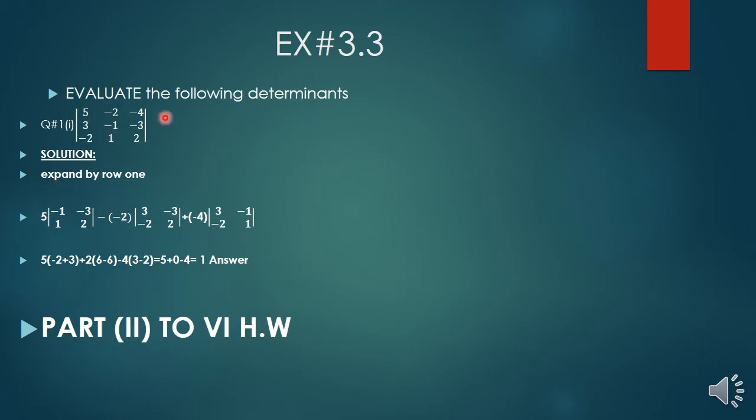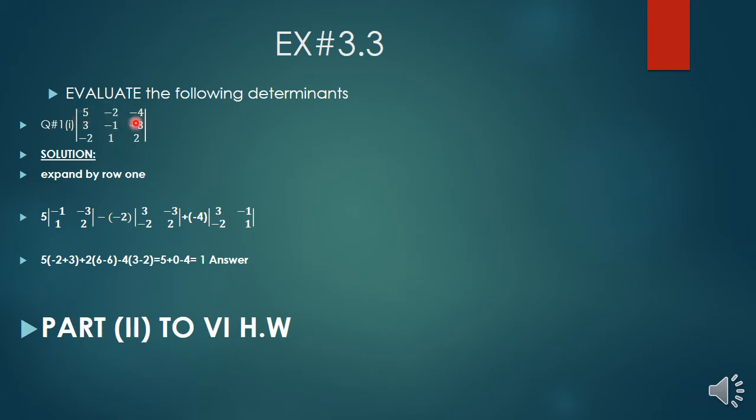Simply we take the first entry 5 and then you can eliminate that row and that column. Then what are the remaining entries? -1, -3, so we write it here, -1, -3, and other entries are 1 and 2, so we write it here. And student, first term is positive, second term is negative, so minus sign of formula, and here the second entry is -2, so we write it here -2.